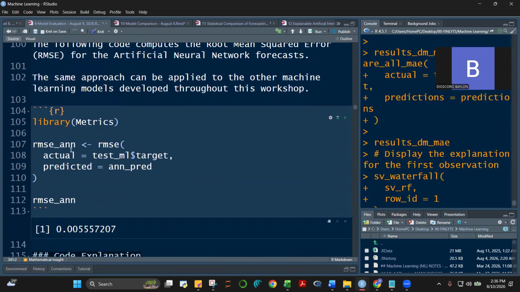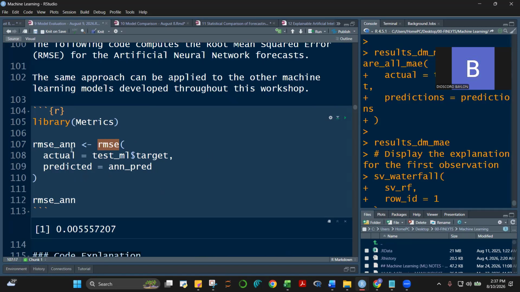For example, we already did our artificial neural network, and we have the actual data. Our actual data is our test ML, our test machine learning data, and then we extract the target variable there. And then the predicted, which is the model that we generated, ANN pred. We did this last time. So the function is just to get the RMSE. The RMSE requires that you give the actual data and the predicted data.